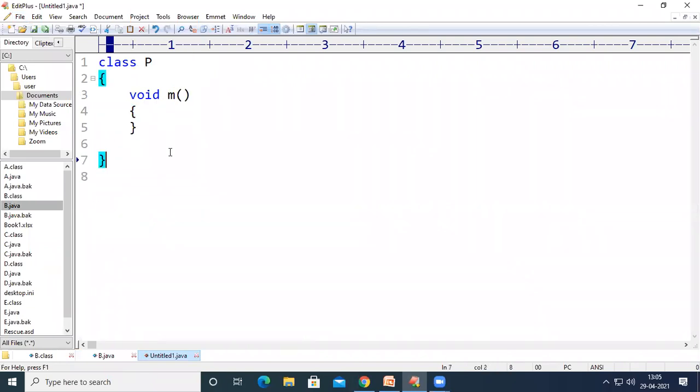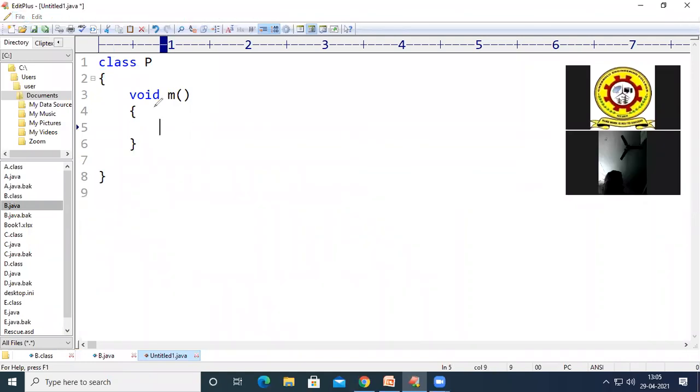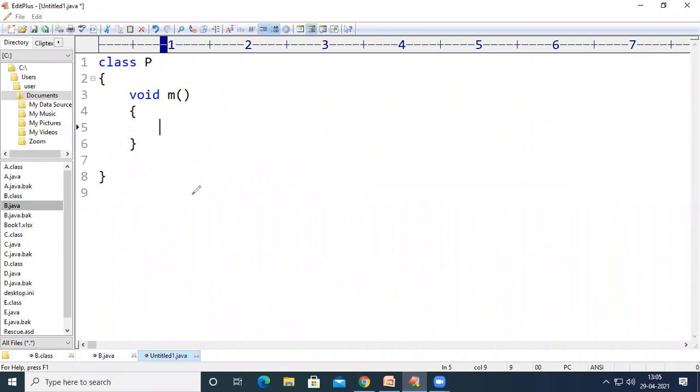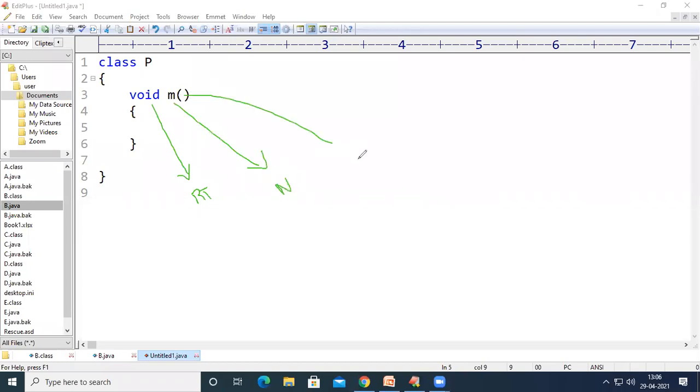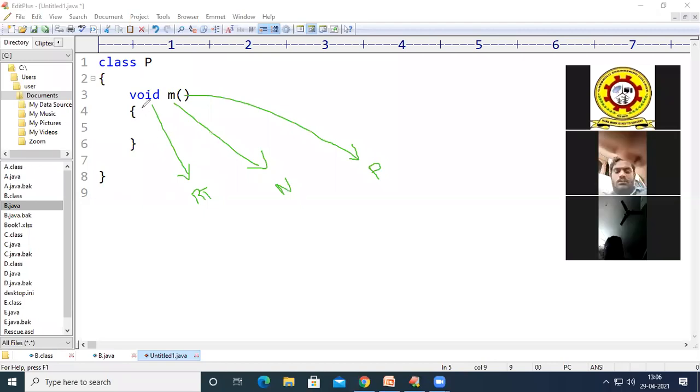So these are the four parts of a method. See here, this is the return type of a method, and M is the name of the method, and then the things in these braces are called parameters of the method. And then the things from this particular point to this particular point are called the body of the method.